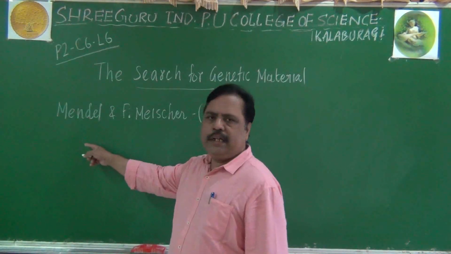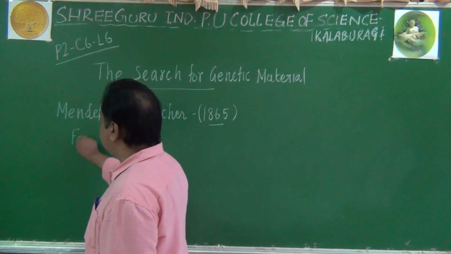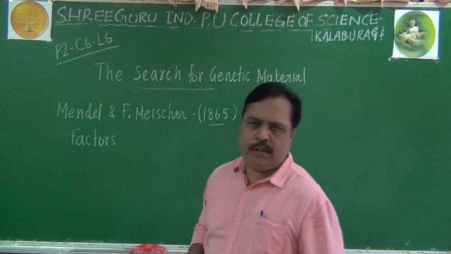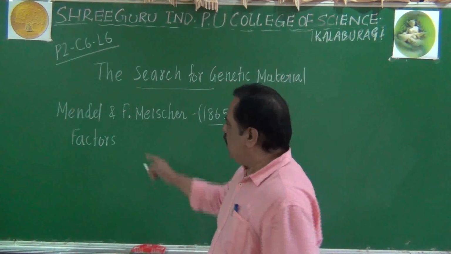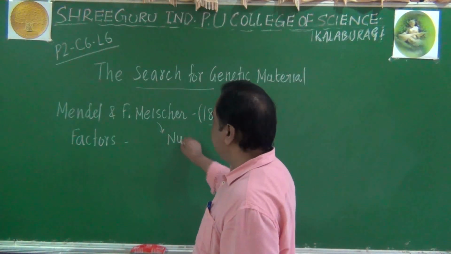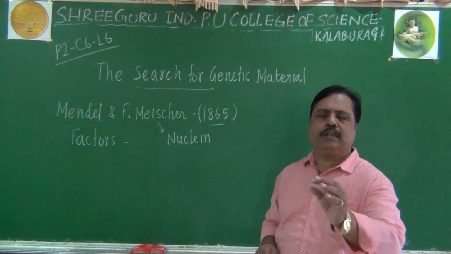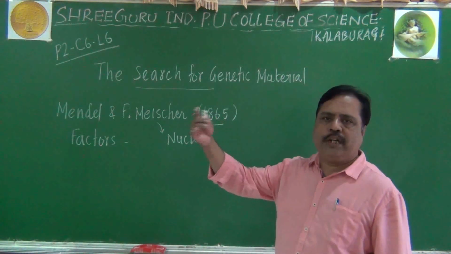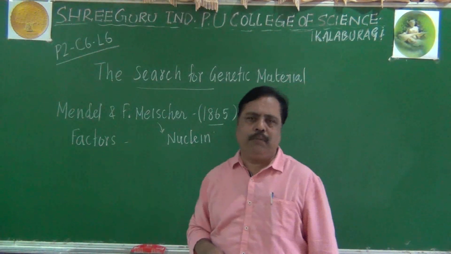Mendel gave some idea about the pattern of inheritance. He believed that factors are responsible for transmitting the character. Of course, he could not tell what that factor is. That is okay. At the same time, Miescher discovered nuclein also. The nucleus of the cells is made up of some acidic, special molecule. They do not resemble protein, lipid and all. They are something different, which is called nuclein, he believed.